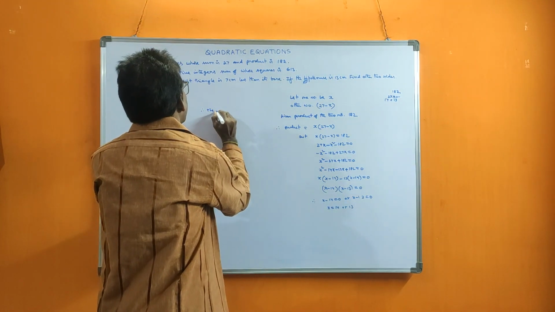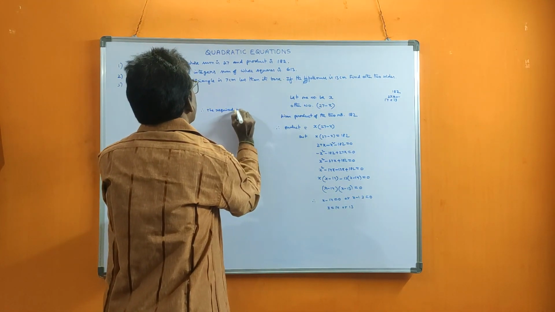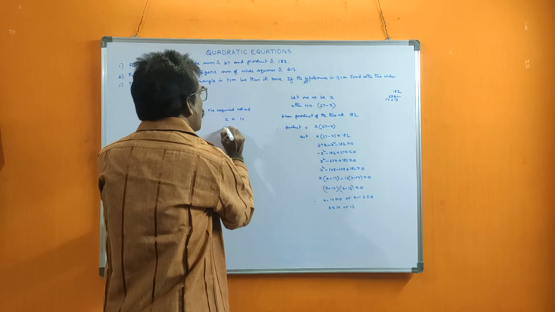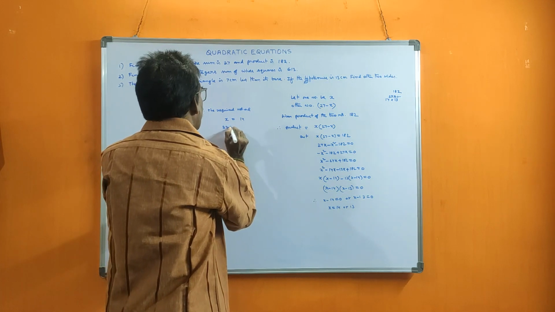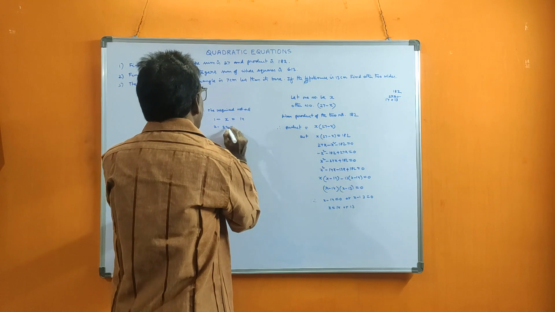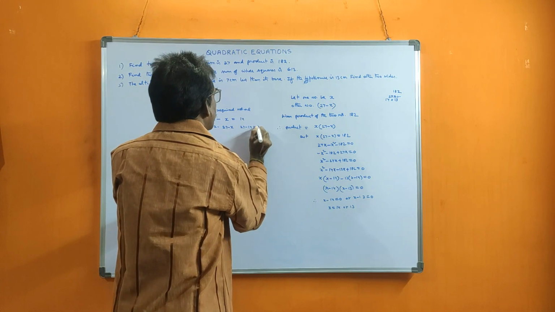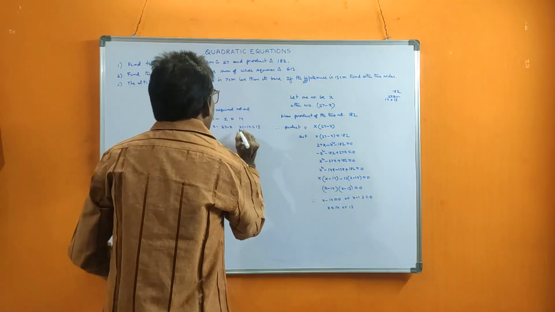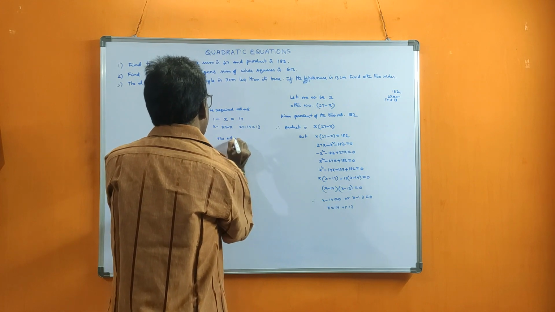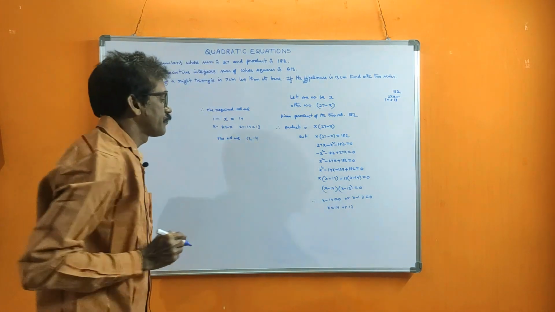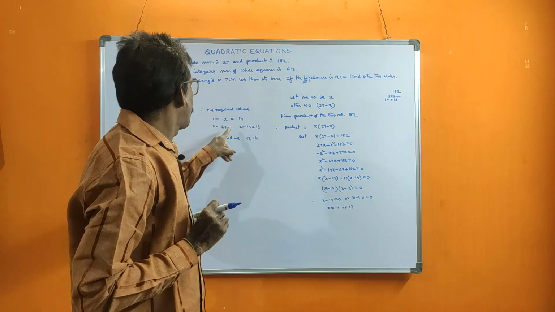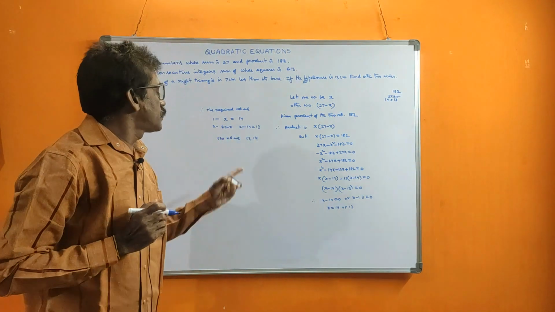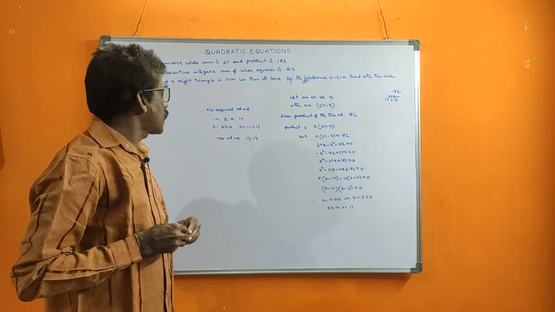Therefore the required numbers: what? x, that is 14, and the other number is 27 minus x. The first number is x, the second number is 27 minus x; when x is 14, that is 13. If you take the other x value, the same numbers will come. Therefore the numbers are 13, 14 only. Instead of x here, if you take 13, 14 only will come. That's why in this case the same two, 13 or 14. The required numbers are 13, 14.